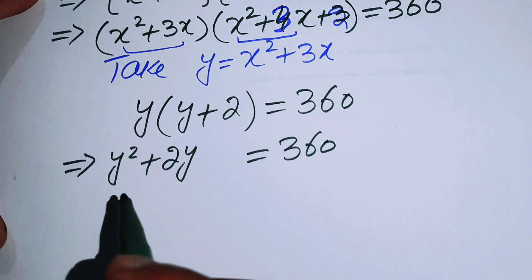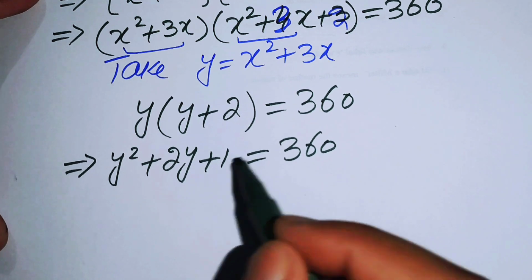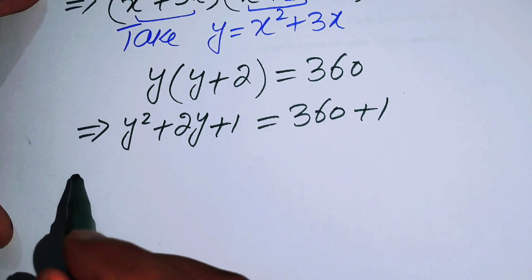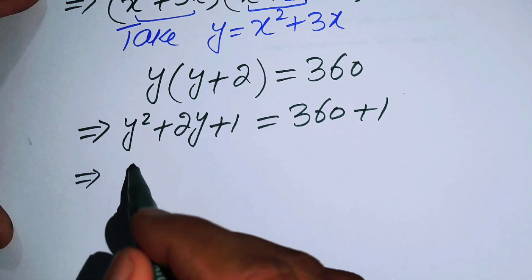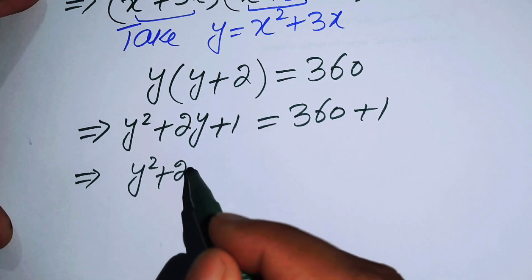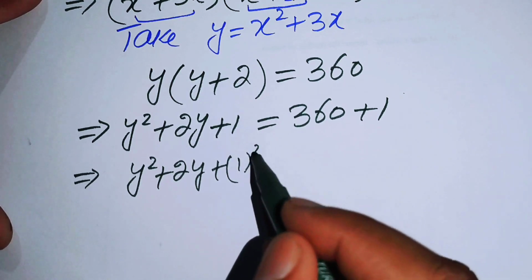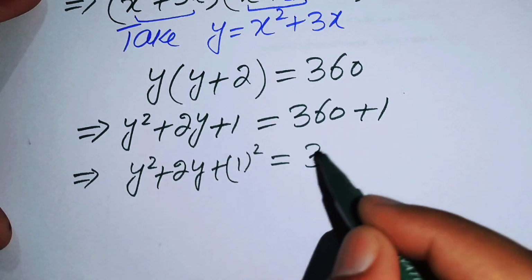360. And now I can add 1 on both sides, so that you get the left hand side in the form of y squared plus 2y plus 1, which I can write as 1 squared, equals